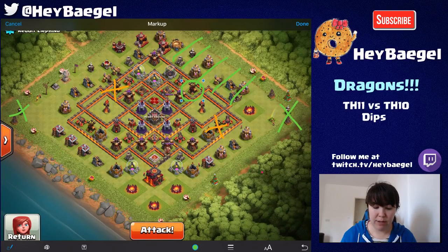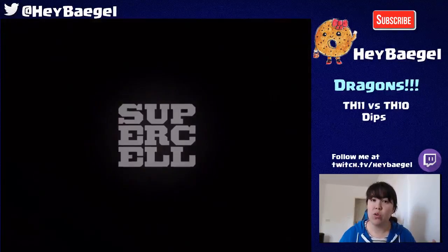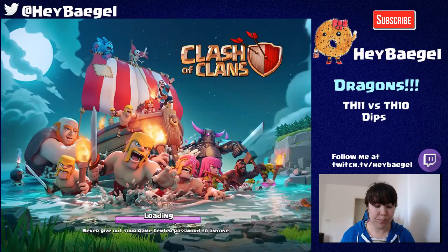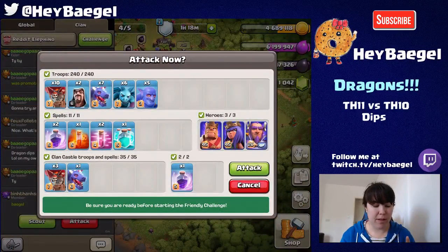Alright, so very simple. The spells I'm going to place as needed. The warden is going with the dragons. It's kind of one of those attacks where you have to see what's happening before you place the spells. So we're going to head back over here to Clash, and I'll show you how I execute the attack. So let's check it out here, just making sure I have green check, green check, green check, green check,